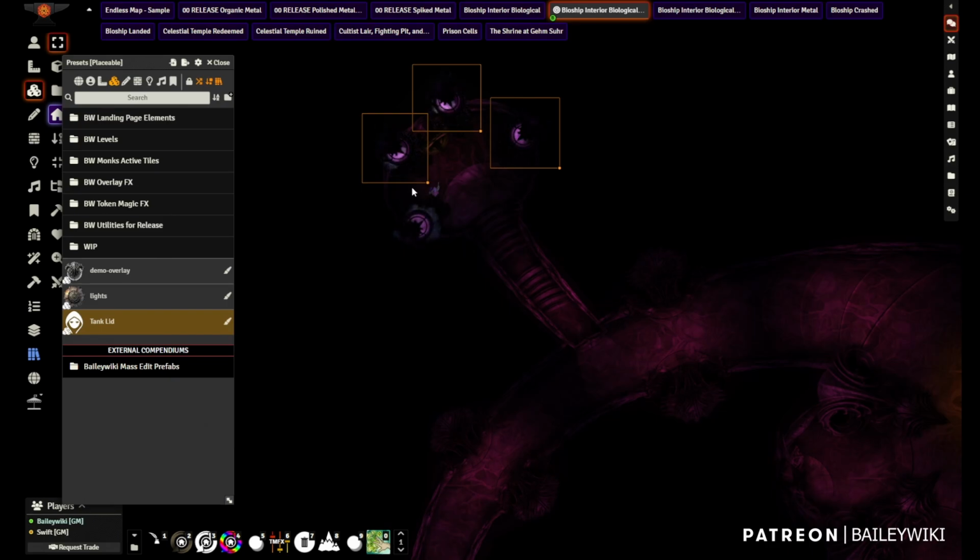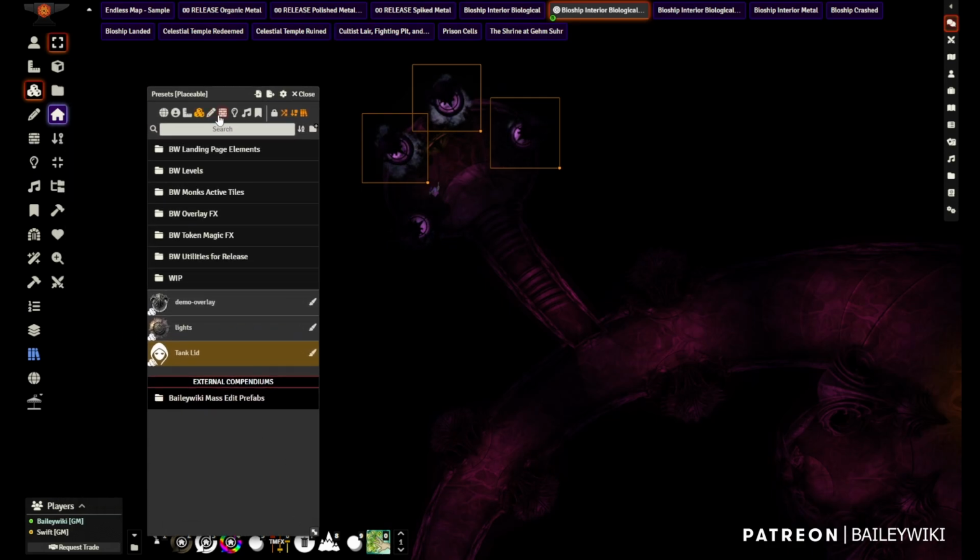What's going on here is Mass Edit is actually attaching all of the metadata for a single entity, whether it be a tile or a drawing or whatever, and it's associating it and storing it all in journal entries. So let's take a look at what I mean by that. So just to walk you through some of the major